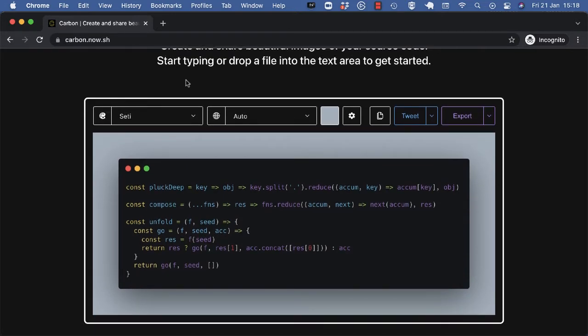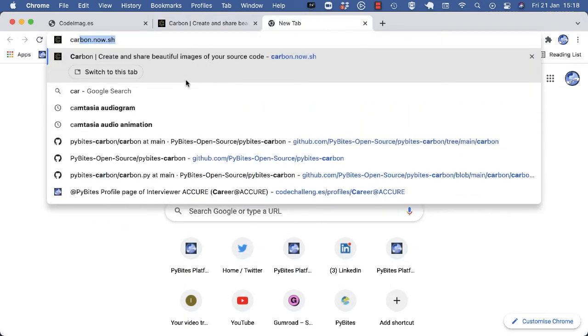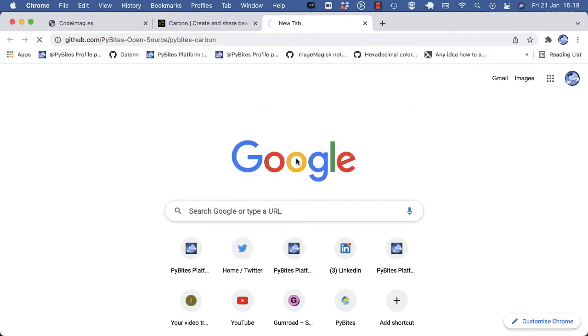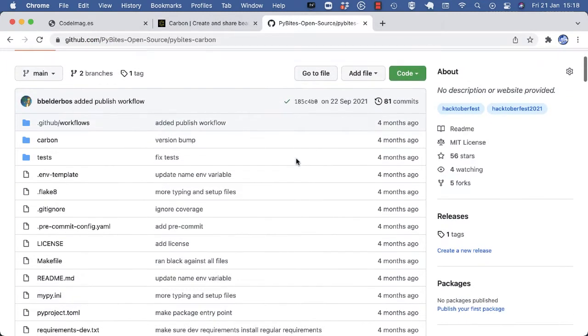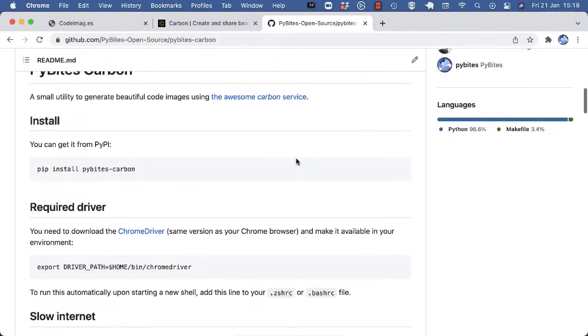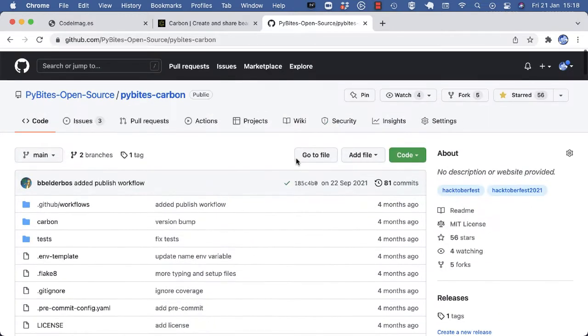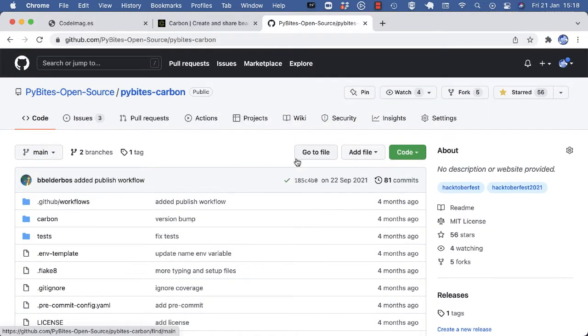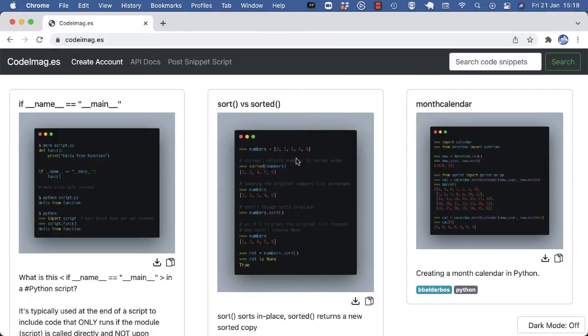So we already had a tool to make those carbon images from the command line. And maybe you should stop the video and just check this out if you want to work from the command line, because it will download the carbon image locally to a folder of your choosing, and that might be all you need. But we wanted to take it one step further and actually build an API where you can post